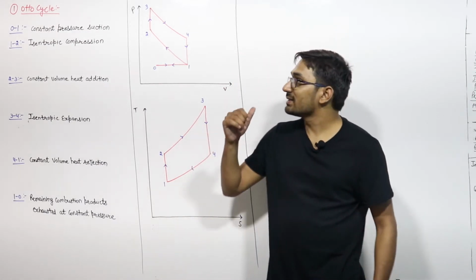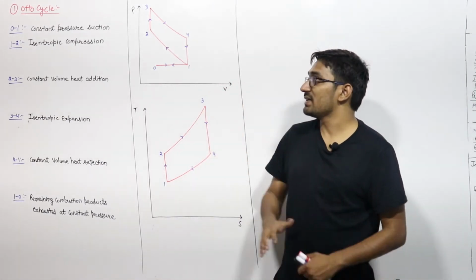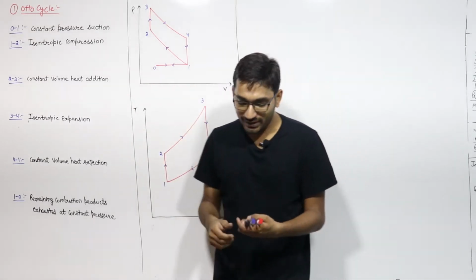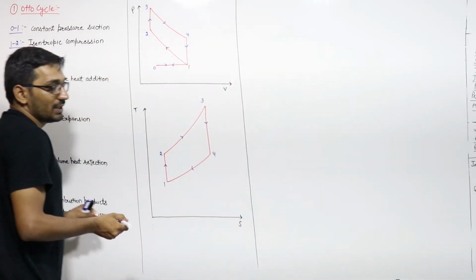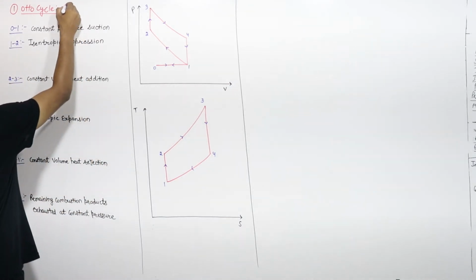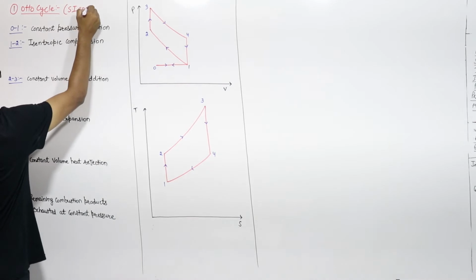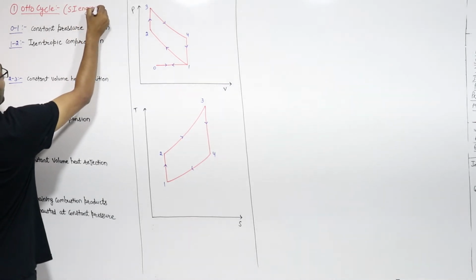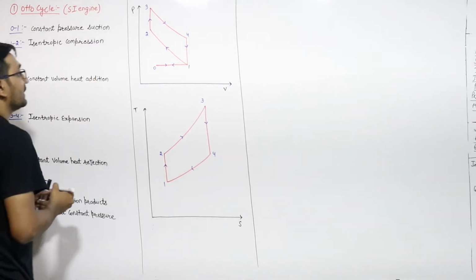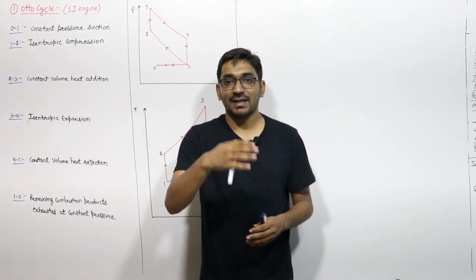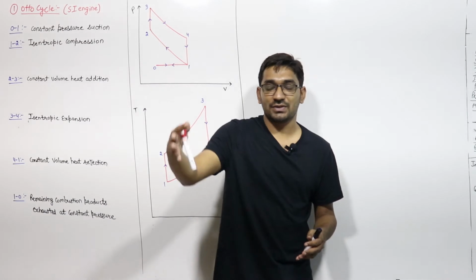Now let us discuss the first air standard cycle, that is the Otto cycle. This cycle is used in the SI engine, that is the petrol engine. This cycle is the governing cycle of the SI engine, right? Otto cycle. As we already discussed, there are four processes in any power cycle: compression, heat addition, expansion and